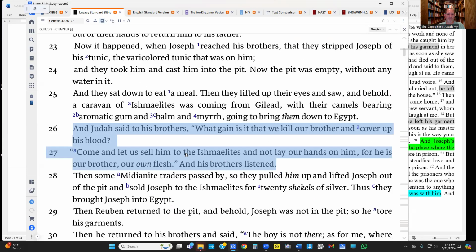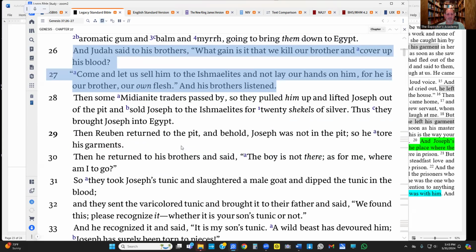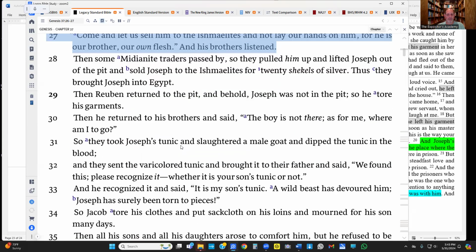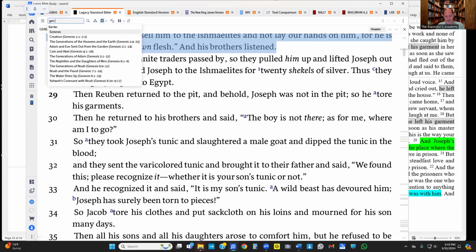So they sold him. Judah's the one who initiated that. And then if we were to look earlier, Judah did some other things that displeased Jacob. But then if we go to Genesis, I think it's,